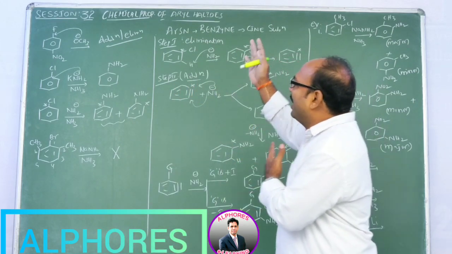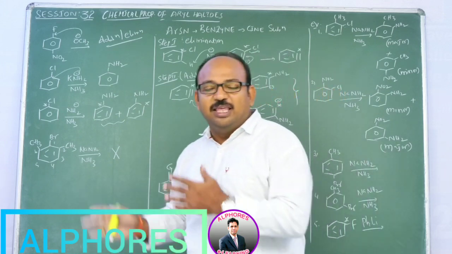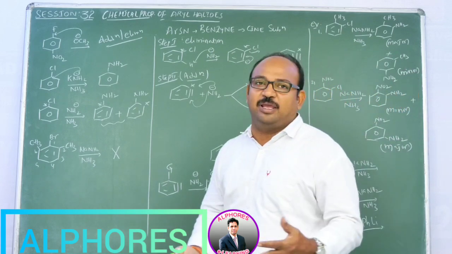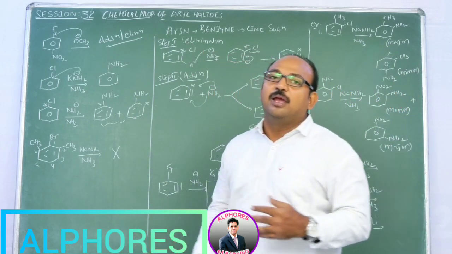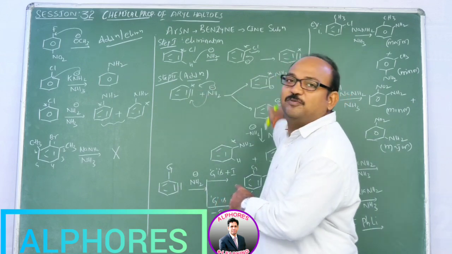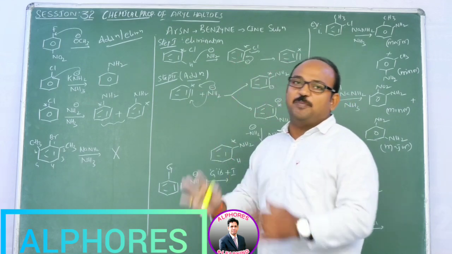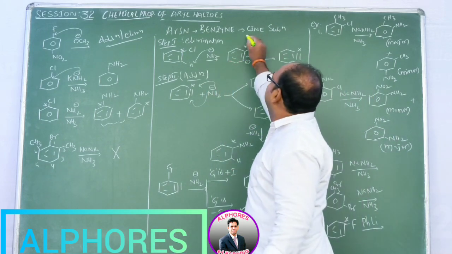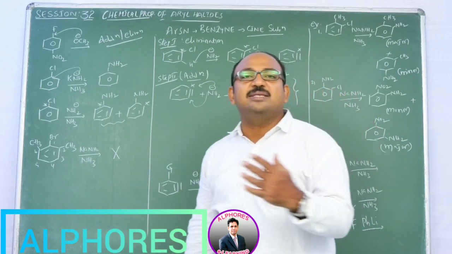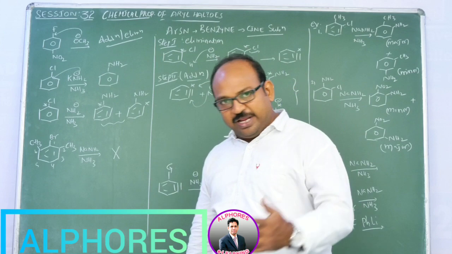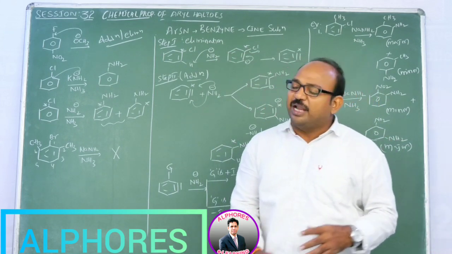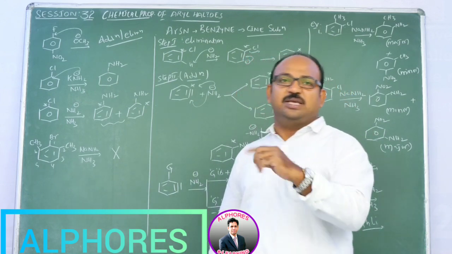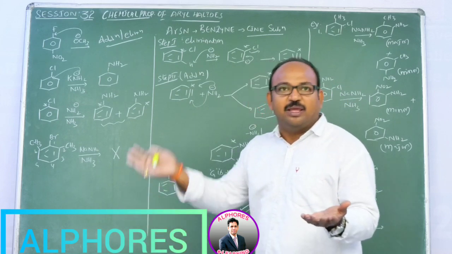Let's come here. Which mechanism all these are going to proceed by, we'll learn. This one follows the elimination followed by addition mechanism. Experimentally, whatever products you are getting, this mechanism gives the evidence. So this type of reaction is what we call cine substitution reactions. Cine substitution reactions are nothing but elimination followed by addition, means the heading gives clear information. There are two steps in the mechanism. The first step is elimination and the second step is addition.